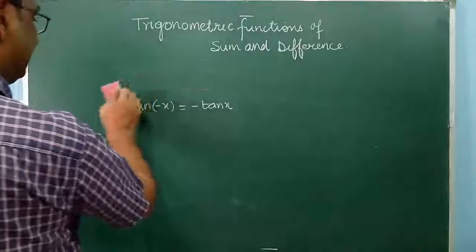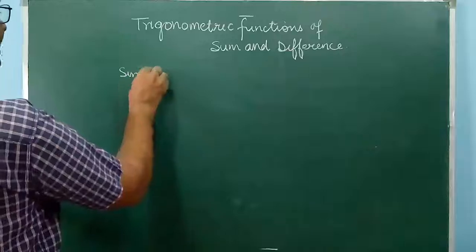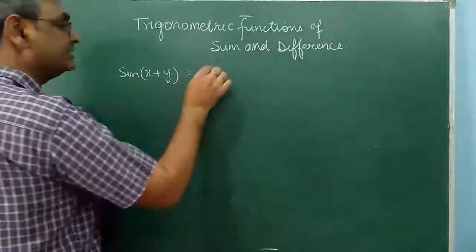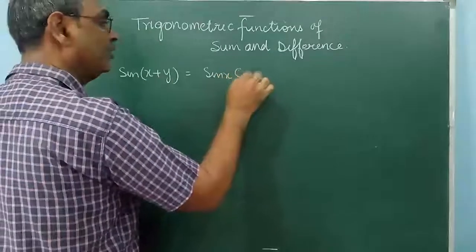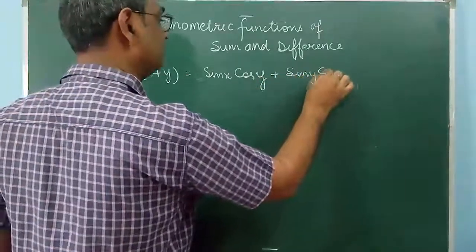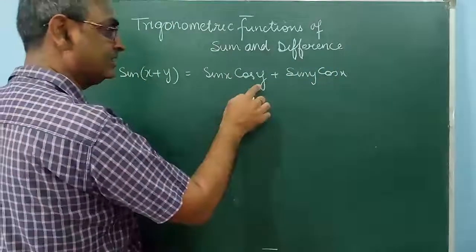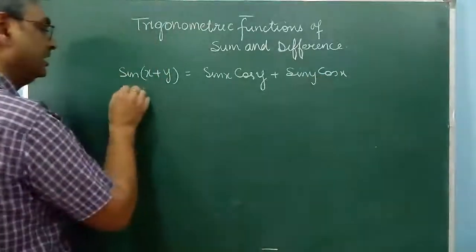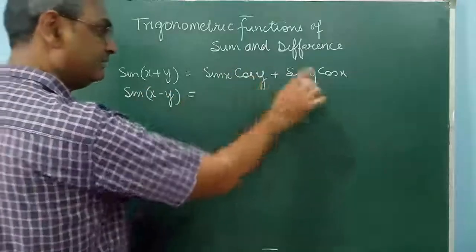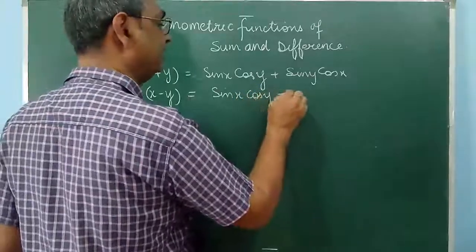We will start with sine. So first formula we will be writing for sine: sin(x plus y). So what you have to do? Firstly it will be sin x cos y plus sin y cos x. We have written sin x cos y. Here the angles will be getting changed, so here it is sin y cos x. And sin(x minus y): here the same thing will be there, only difference will be of sign in between.